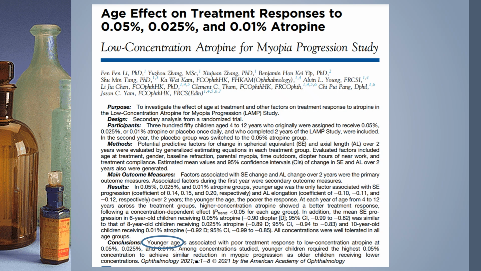If when you start the treatment the patient has a myopia of more than 6 diopters, it is less likely that that particular patient will be a good responder. So high myopia at the beginning, younger age at the beginning, and parental myopia were three things which were shown by ATOM 1 and 2, and also by LAMP, that these will show poor treatment response